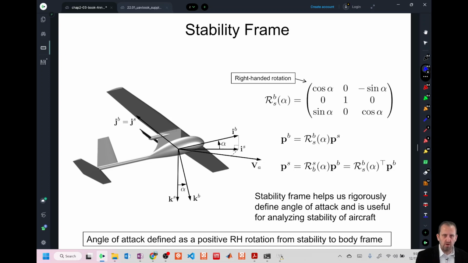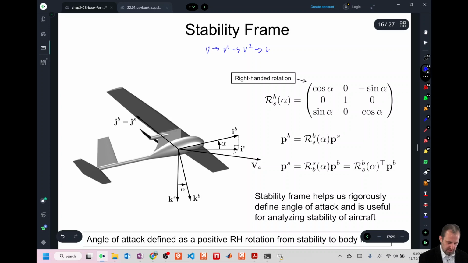So we're going to define 2 additional frames. The first is the stability frame. Now the stability frame is slightly different from what we've done previously. When we went from vehicle to vehicle 1, then vehicle 2, and then to the body frame, we just kept going forward in one direction. Well, we're going to take our stability frame,